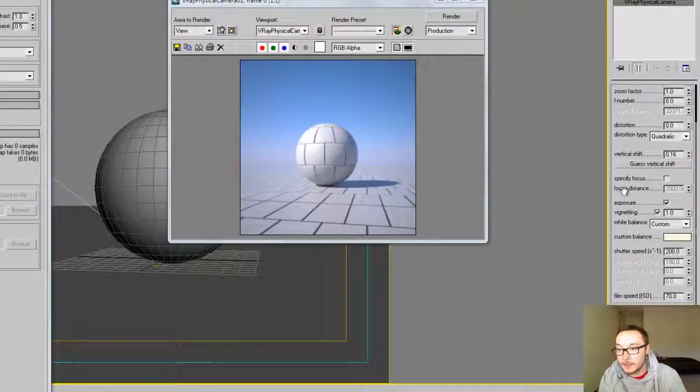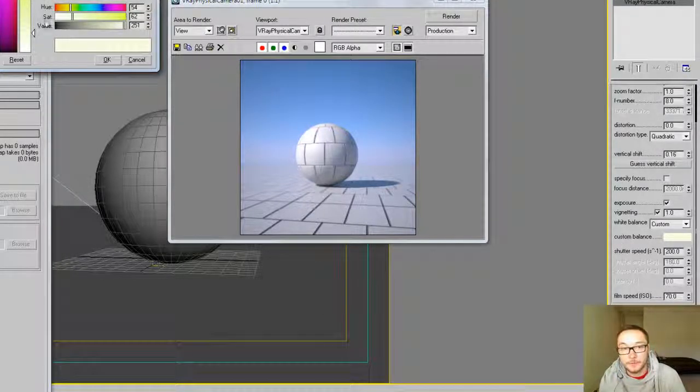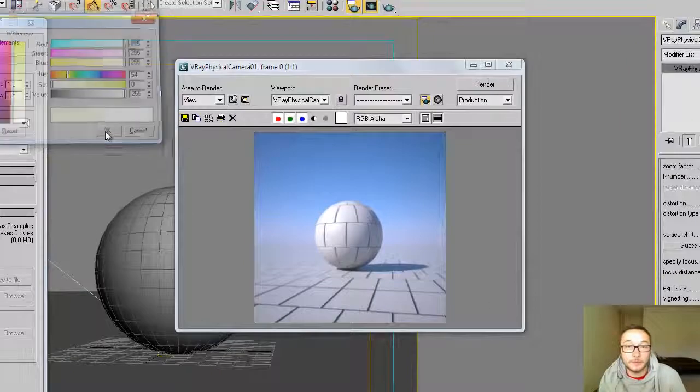You can see that my white balance is a little bit yellowish. Why is that? Because I would like to remove the yellowish color from the rendering. So this is basically what the white balance does. This color balance here is also called white balance. It removes the color that you select. So just to give you a quick example, if I put it on white, by default it's supposed to be